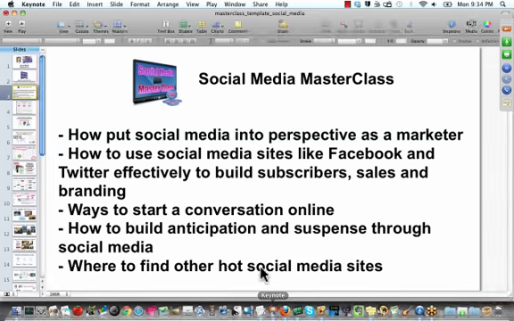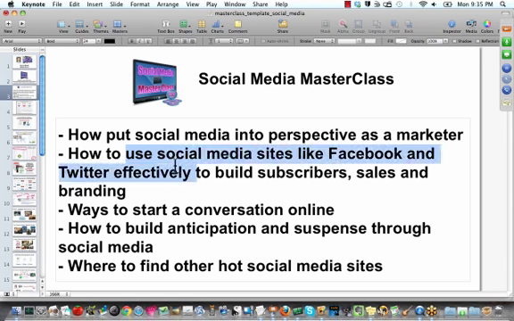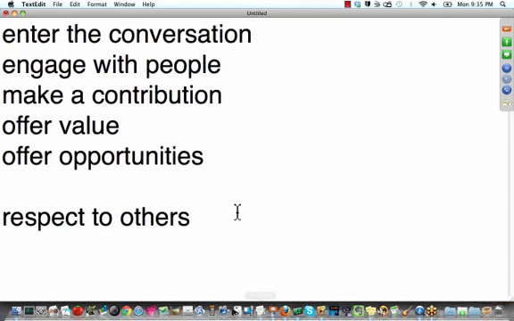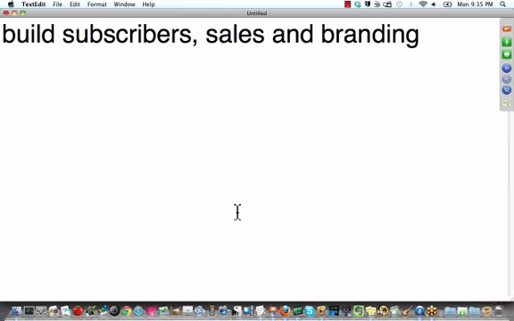So let's take a look at our bullets again. As a marketer, it can help bring you subscribers, sales, and branding if used properly. So how do we use social media sites like Facebook and Twitter effectively to do these kinds of things? These are three different areas that we want to focus on, and what are some ways that we can actually do that? Now, of course, if you don't have a Facebook or Twitter account,